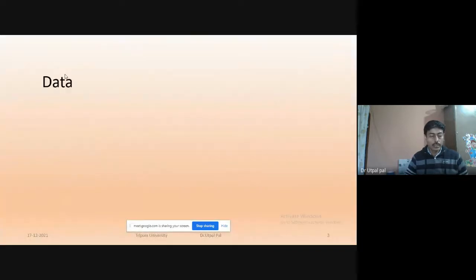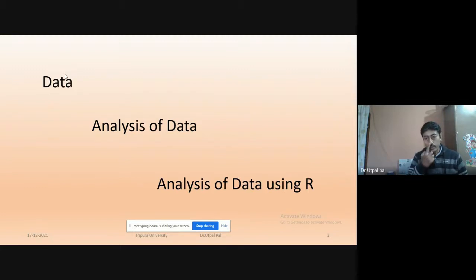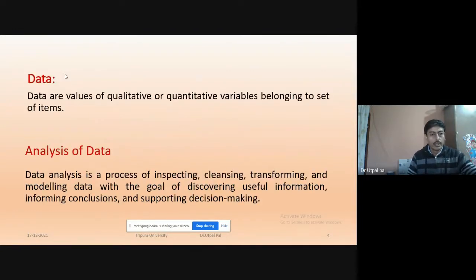So if I divide the topic, it is actually data, analysis of data, and analysis of data using R. So first of all, what is data? Data are values of qualitative and quantitative variables belonging to a set of items.